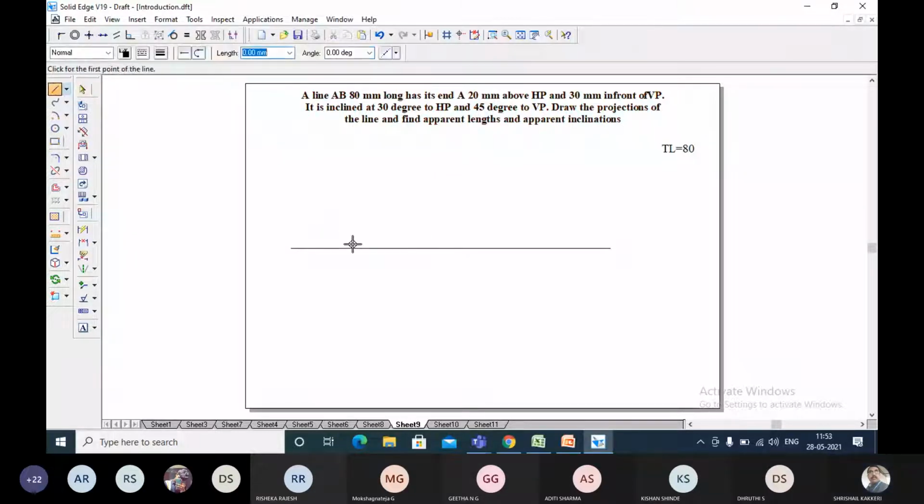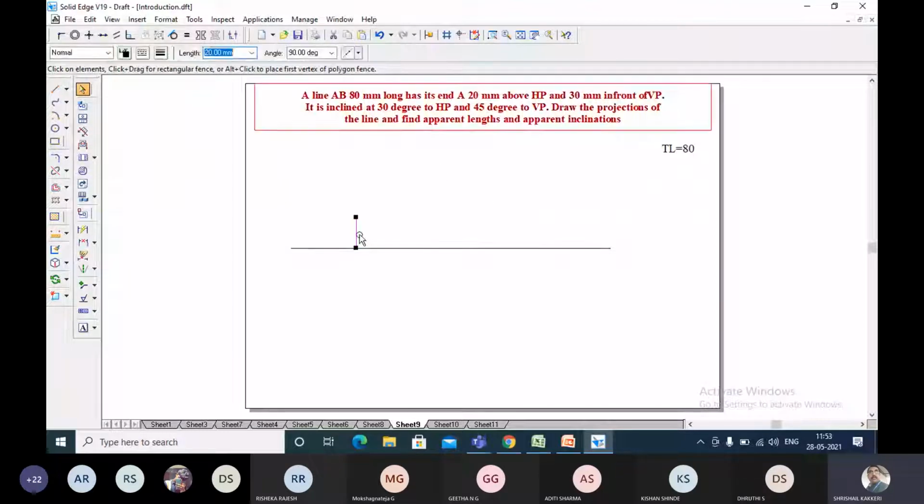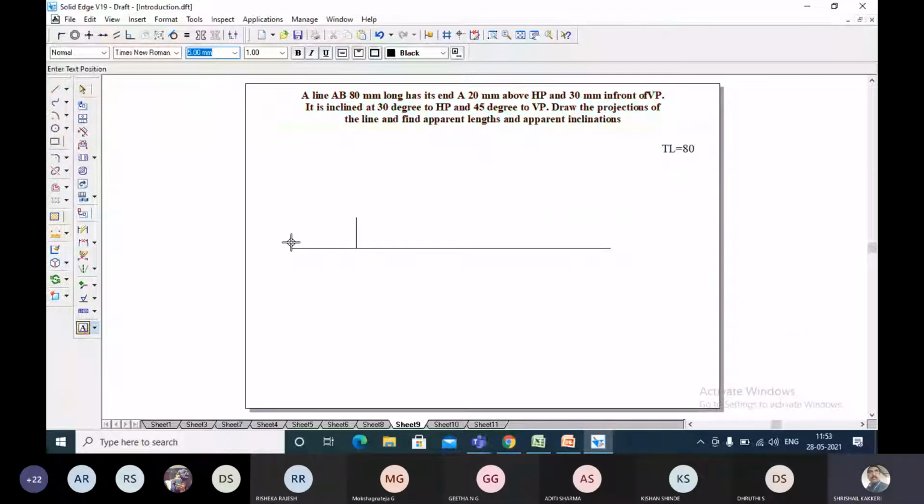On the line you take one point, 20 tab 90 degrees I have taken. Okay, this indicates the position of point A here, and this is at a distance of 20 mm from the horizontal plane. Now this particular one you take as text, and this is the vertical plane and this will be the horizontal plane.